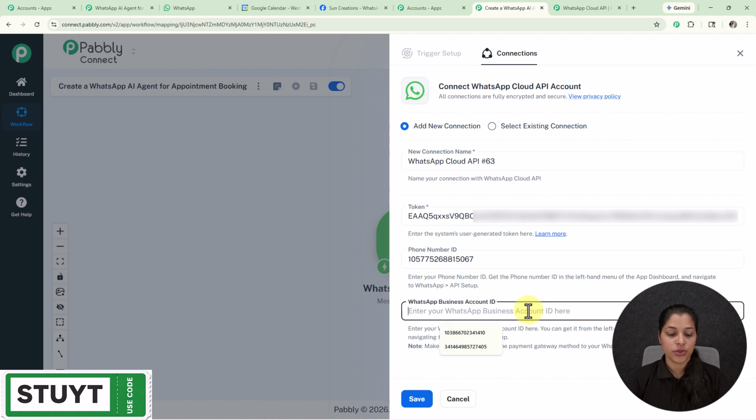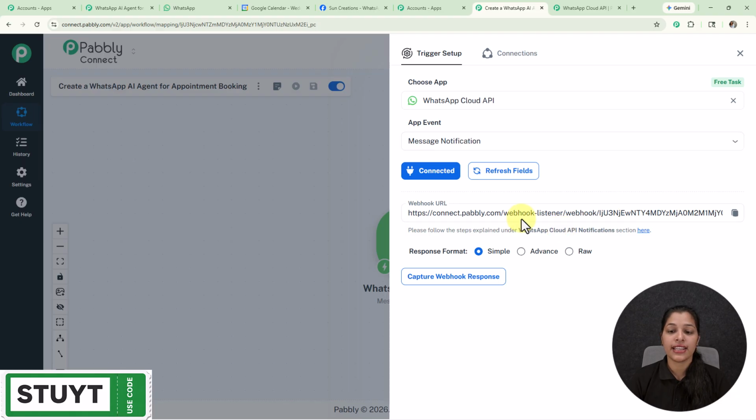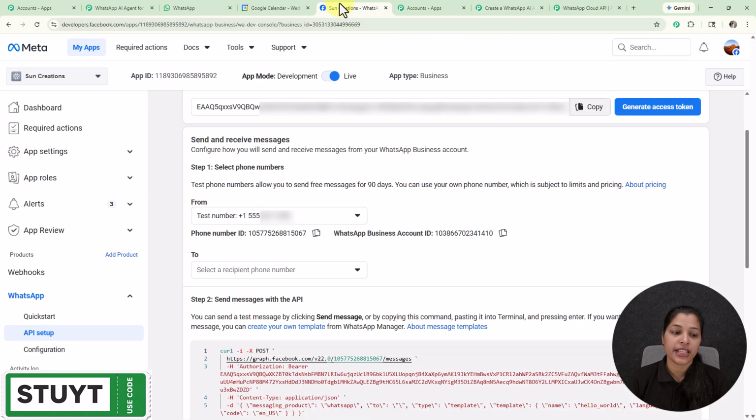Now we just have to click over the save button, as we have built our connection, and here we are getting this webhook URL. So this webhook URL is going to act as a bridge between WhatsApp Cloud API and Pabbly Connect for building the connection, so that my Pabbly Connect can fetch the messages received. So now let's copy this webhook URL,